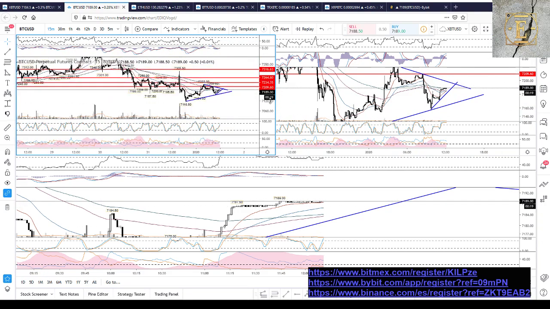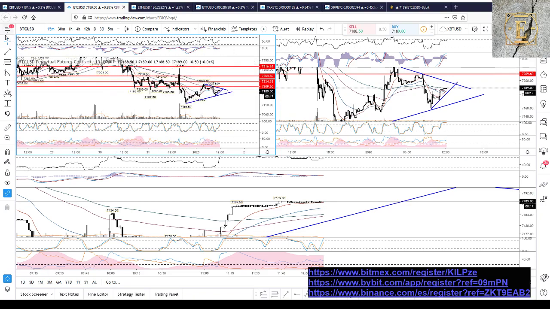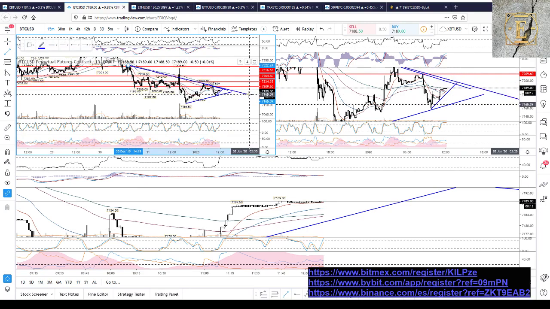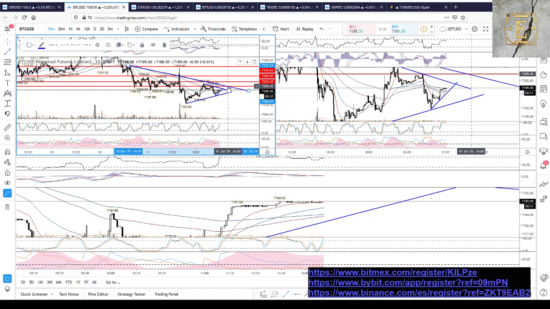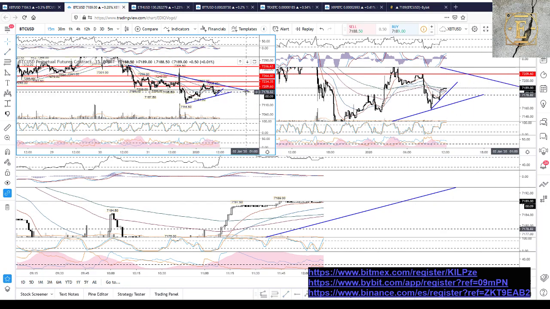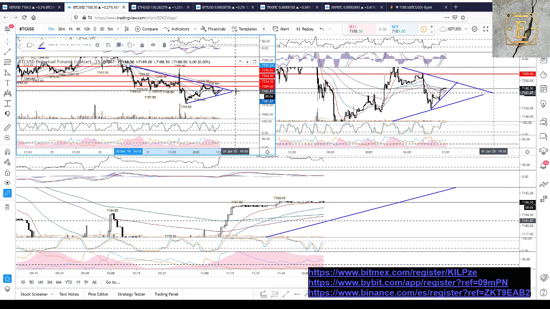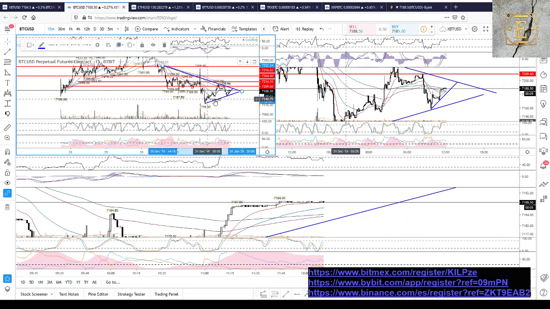We've got this one is the same. Okay, so this one is the same, should be enough to stop,